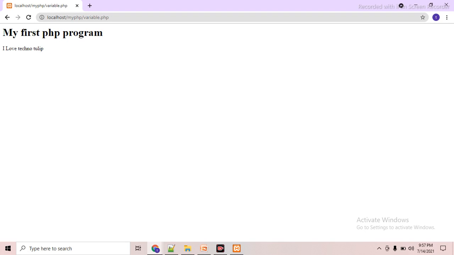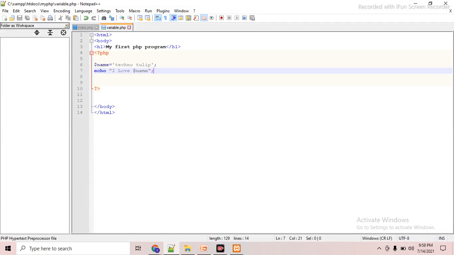Here it's showing "I love techno tulip". How is it possible? Look here: there is a variable, and the value is techno tulip. So we are printing it like echo I love, and I have given the variable name.